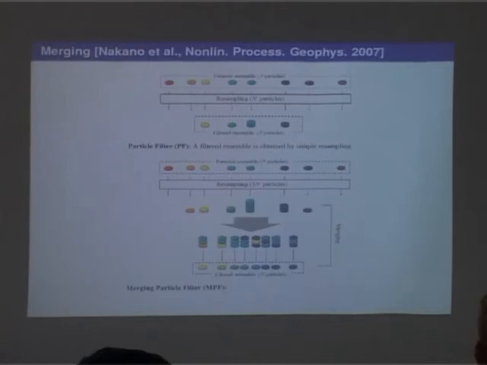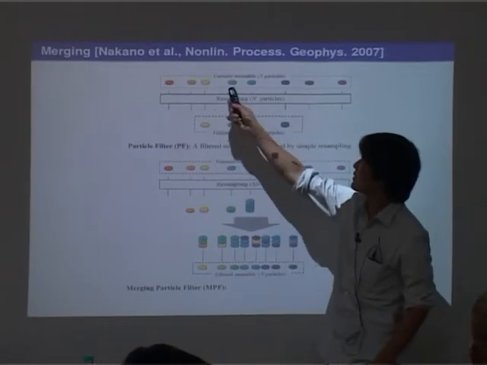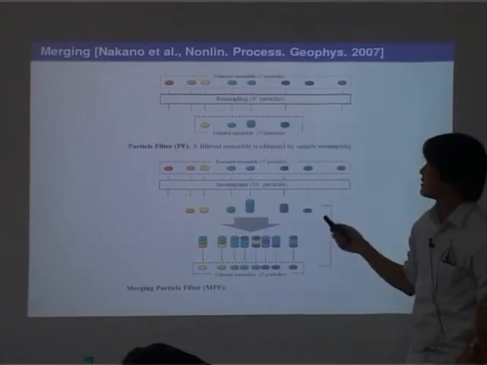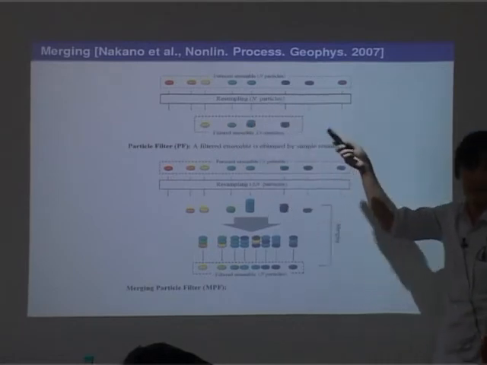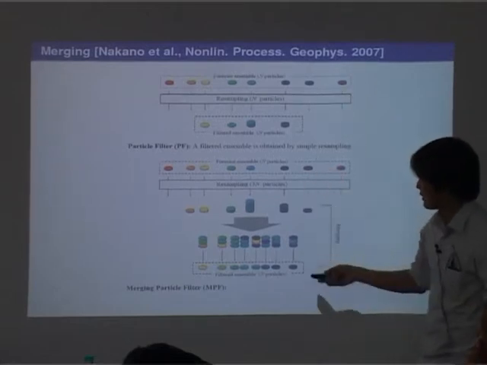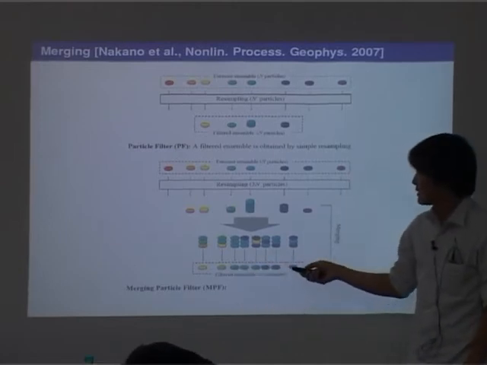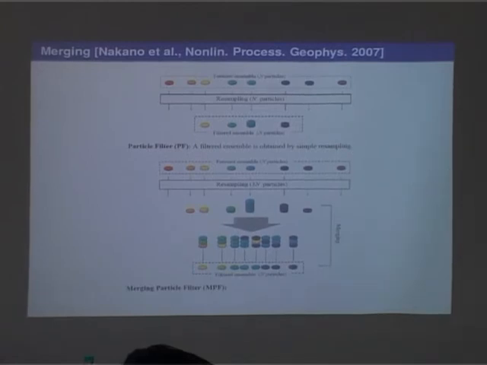And this one, I think I skipped it, but I just want to point out what happens. Suppose you have these particles, and the one in the middle is the one that has a very large weight. When you do sampling, you duplicate the particle which has a large weight, but you lose the sample diversity, right? So some techniques have been proposed so that at the end of the day you get this picture instead, and that deals with the issue of sample diversity. But you want to make sure that the mean and the first two moments of this sample are the same as this one. So the paper by Nakano has a way of doing this.